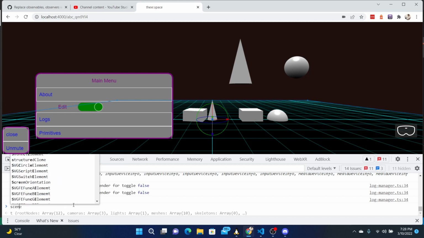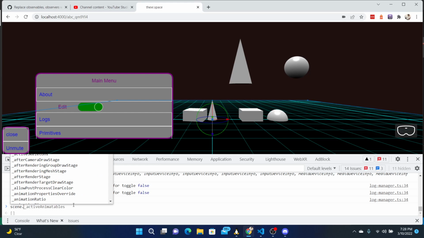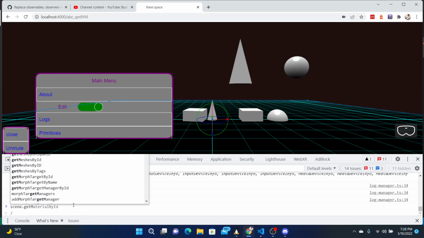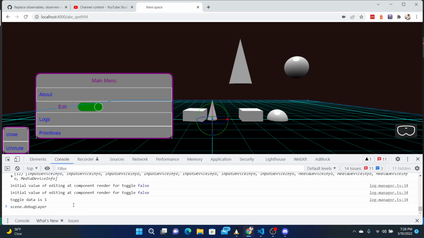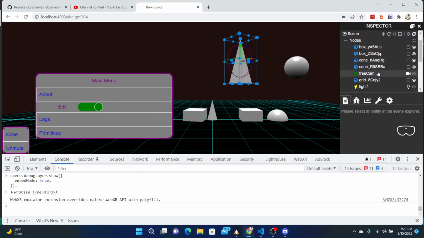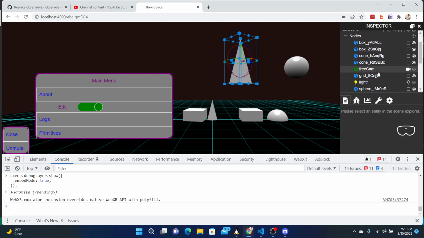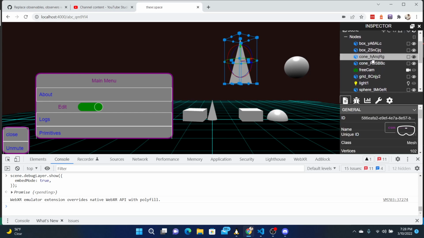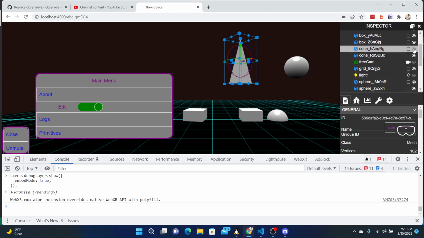Yeah, let's see. So if we have a scene, and then let's grab one of the meshes. So get meshes, get debug layer, show. Here, okay, we'll pull this up, and I can't tell which cone is which one. Let's say this one. Okay, hide. Okay, so this is actually this one. So if we're talking about that cone,